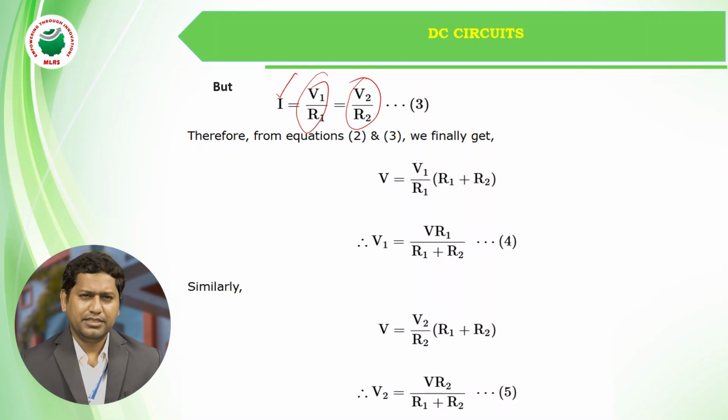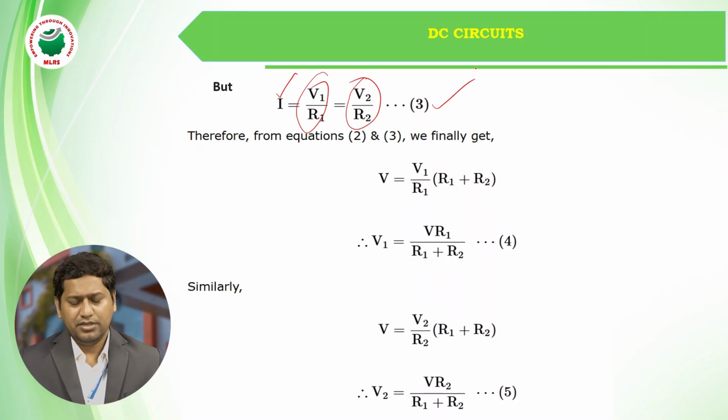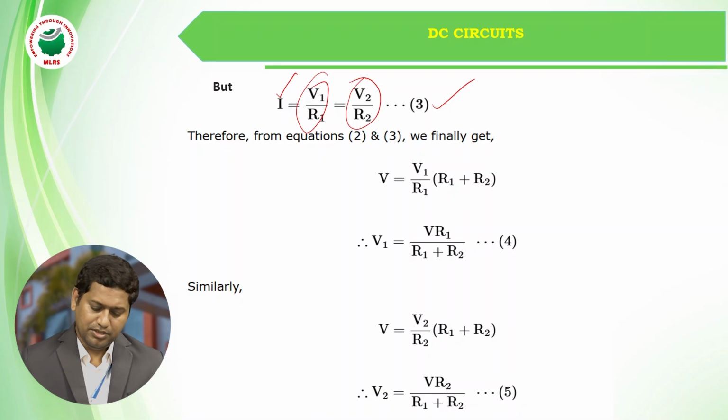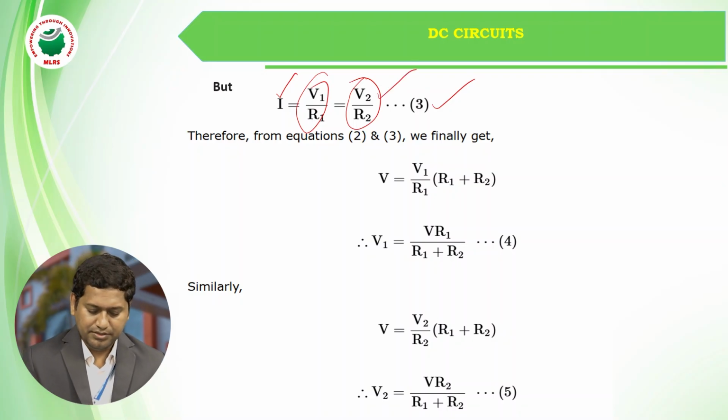So the common I is put on the left side. So we are going to get I equal to V1 by R1, I equal to V2 by R2. That is equation 3. As I is equal, straight away we can write V1 by R1 is equal to V2 by R2. From equations 2 and 3, finally we are going to get